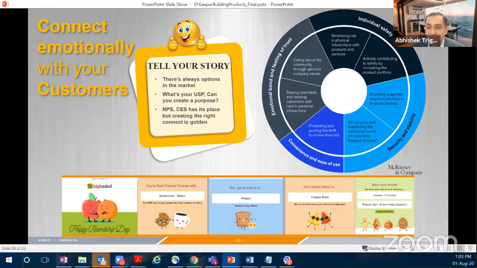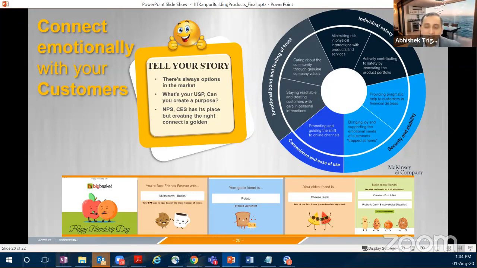But the goal here is to connect. And something like this did connect with me. When I was reading, it's like, look, they did not just know me or my buying patterns, but they are weaving a story around it. And they are able to narrate it in a very convincing way that creates a little bit of that connect. Now, this is a little bit of a marketing initiative, of course,